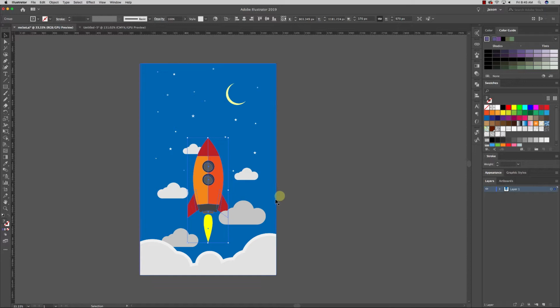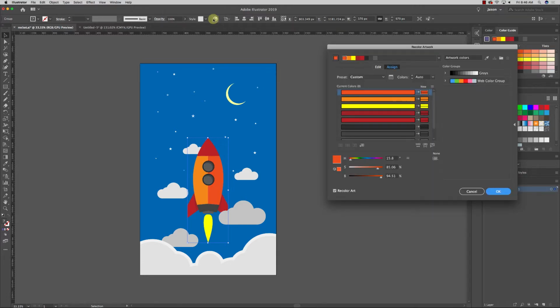There's a really cool way that you can do this, and if you select your art, you can go up here to your control panel, and you're going to see a button that says Recolor Artwork. It's going to look like a color wheel, and with your element selected, you can click on this,